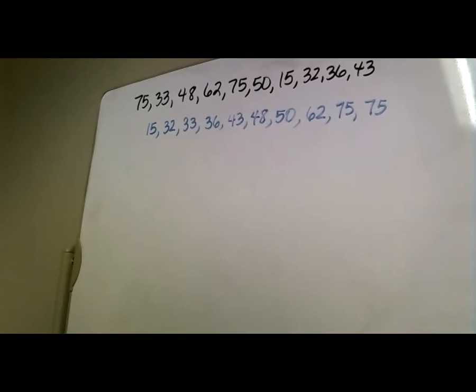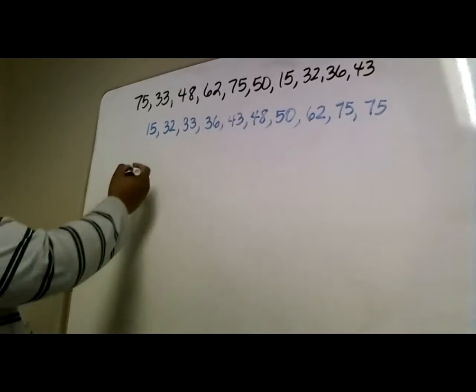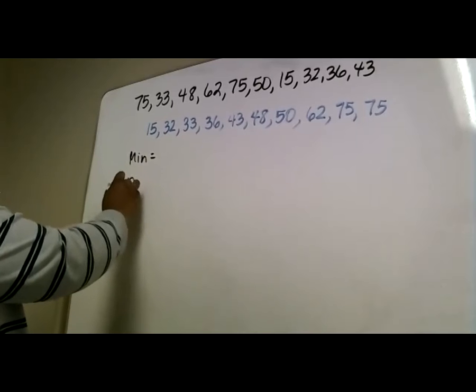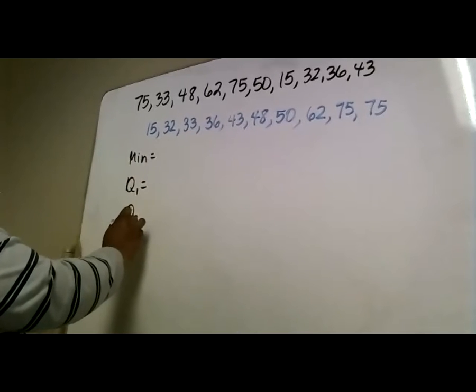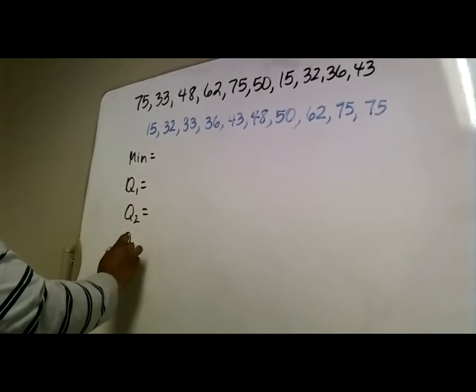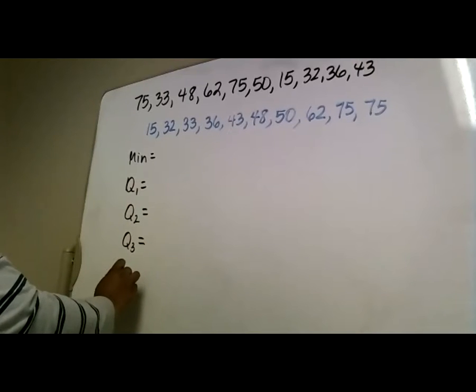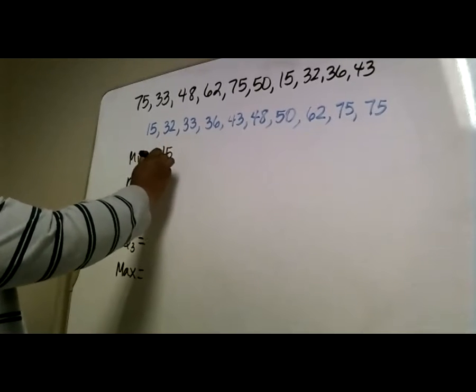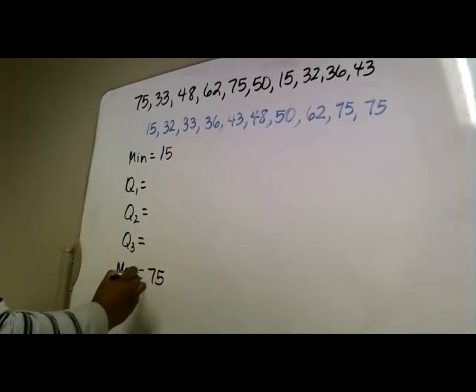Now, we need our five-number summary. And that's, of course, the min, Q1, Q2, Q3, and the max. What's the minimum? 15, and what's your maximum? 75. So that's easy. All right, now, for Q1,